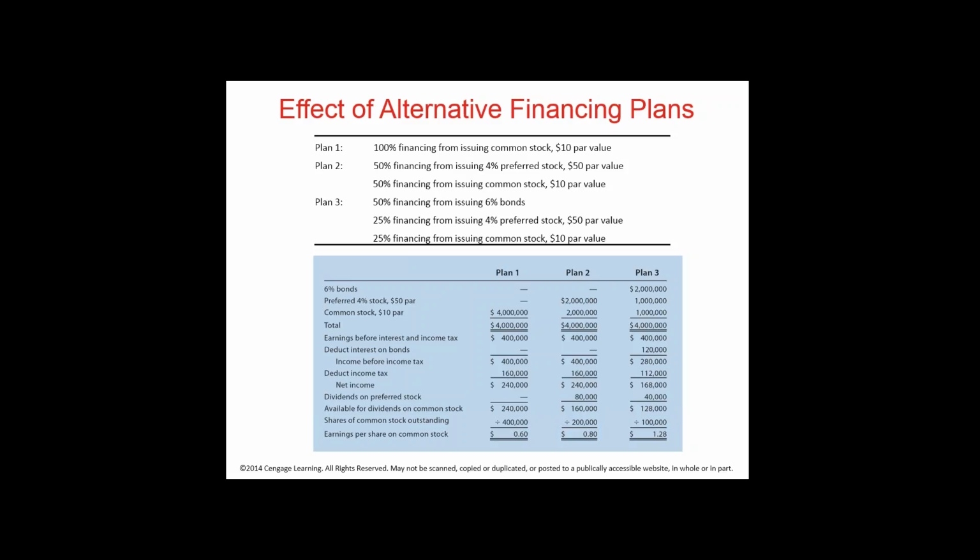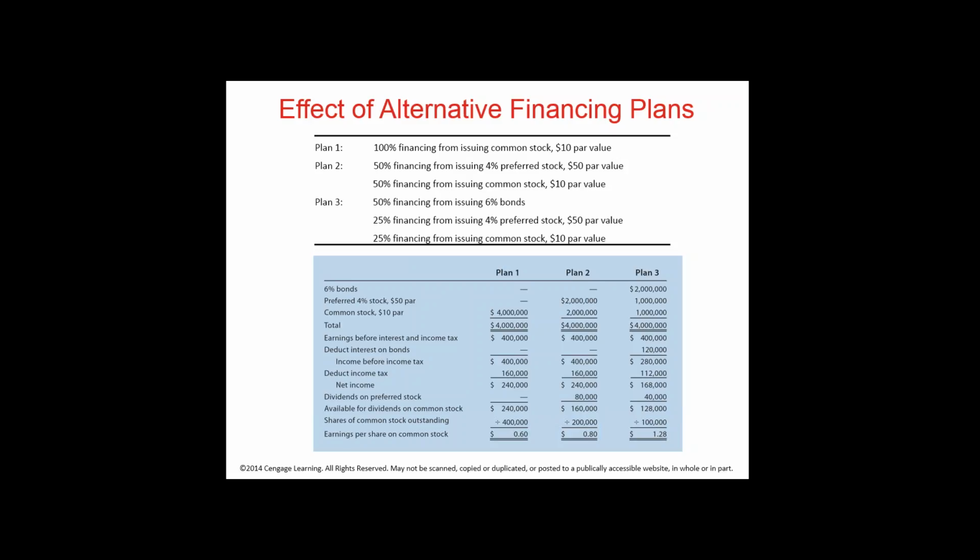And we have $160,000 available for dividends on common stock if we choose. And we take our net income after dividends on preferred stock, and divide it by our common shares outstanding, and look at that. Our earnings per share has increased to 80 cents per share. Why is that? Because we have half as many common shares outstanding, because we chose to issue both preferred and